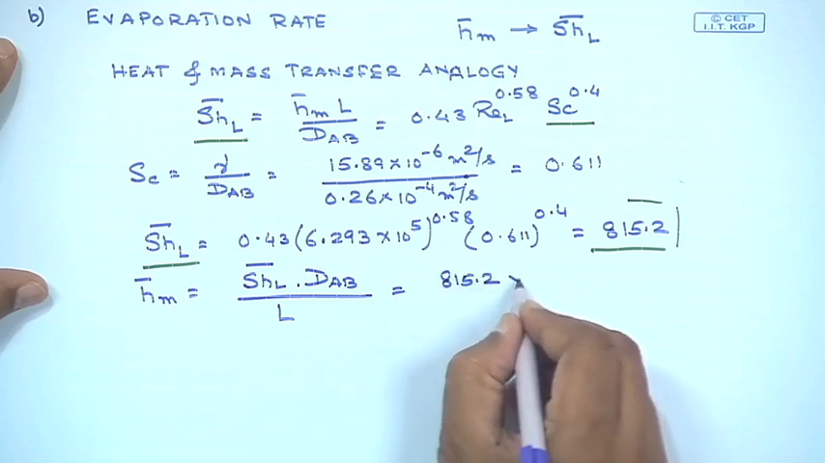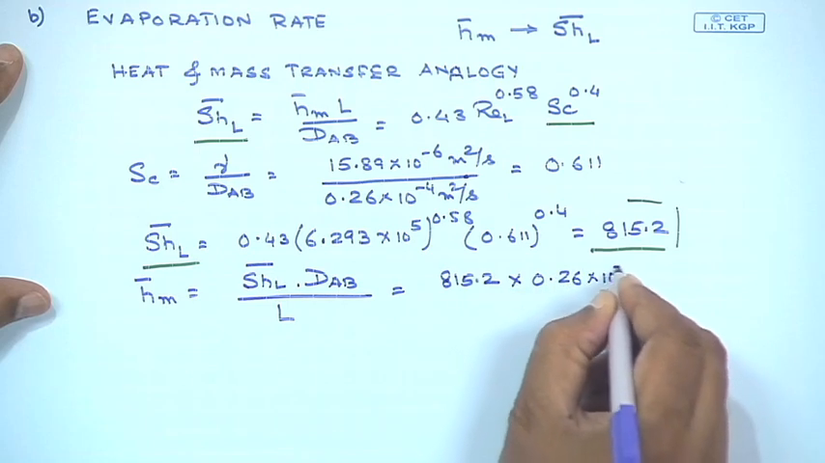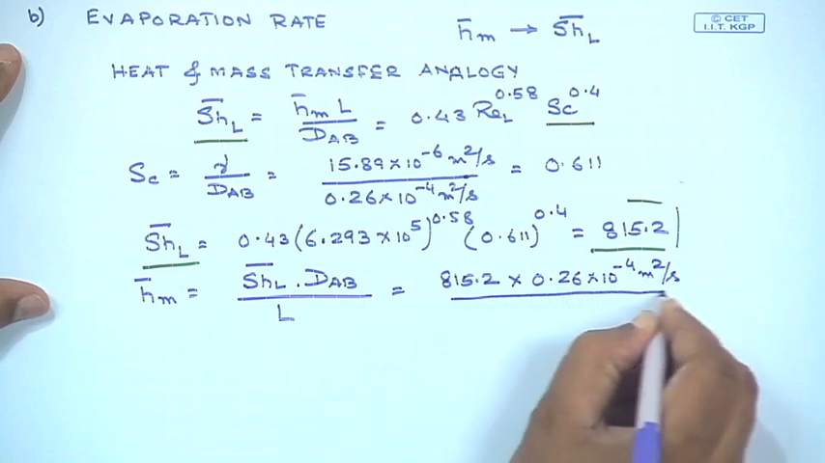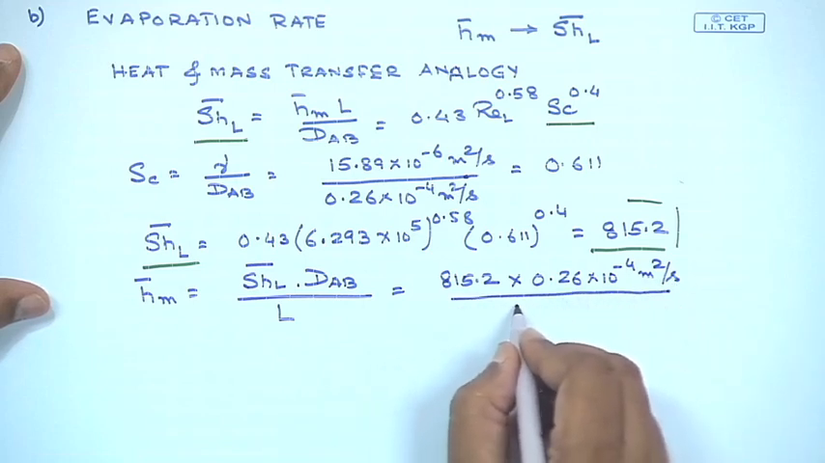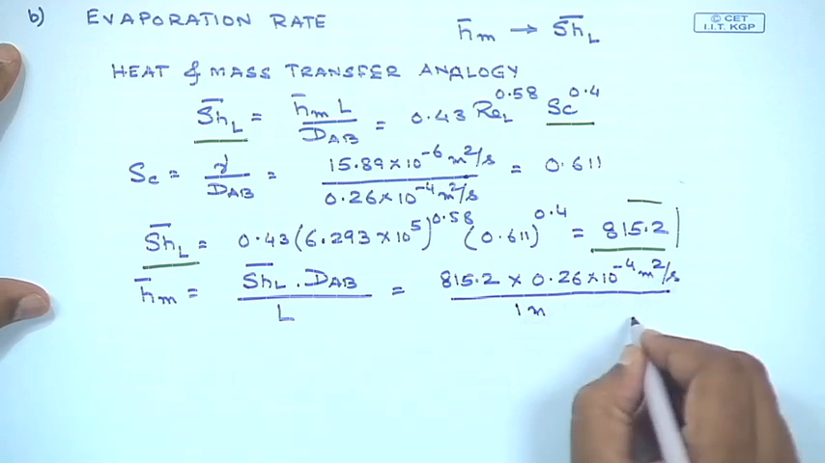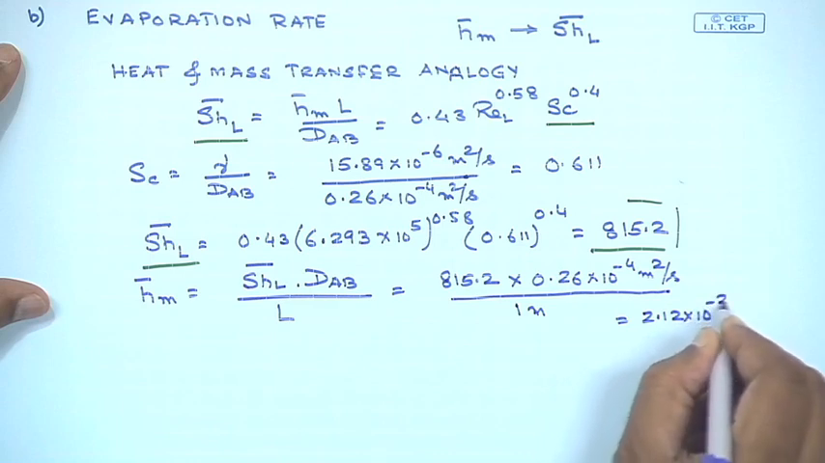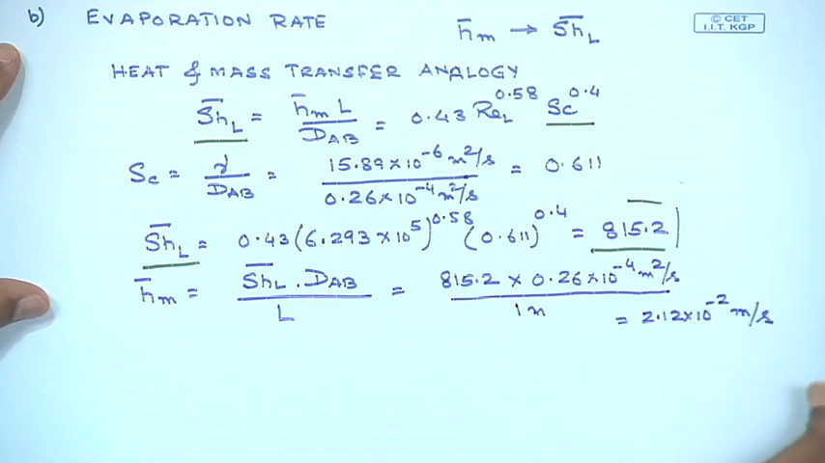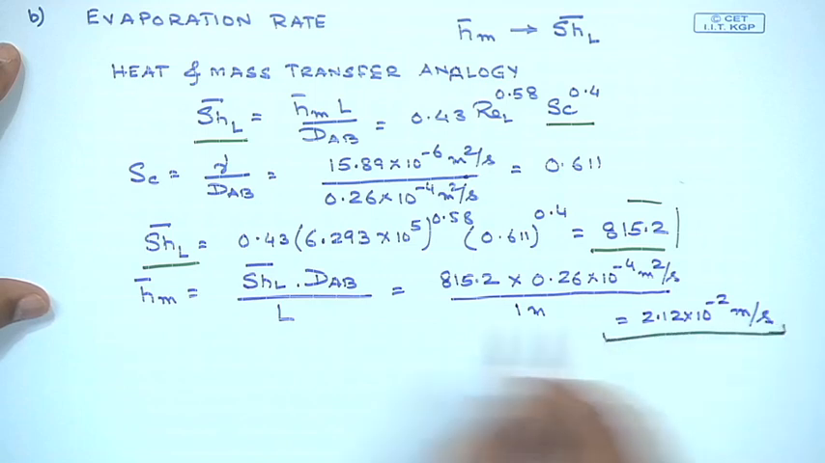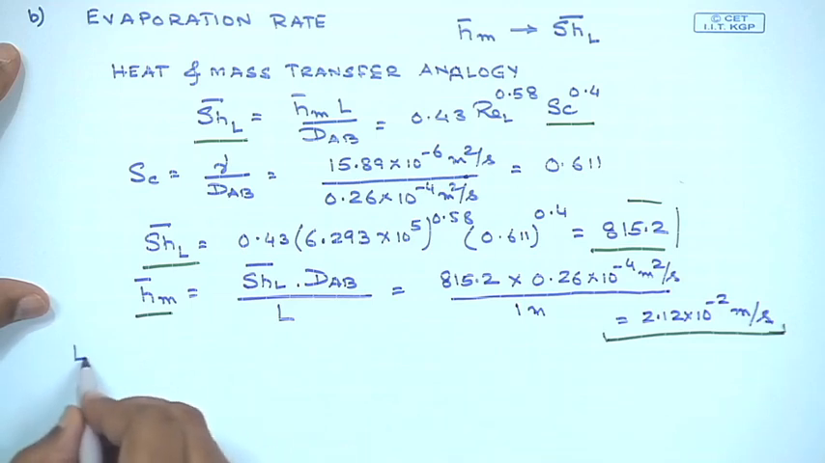So, this is 815.2, which is dimensionless. The DAB is the diffusion coefficient, which is provided in meter square per second, and L is 1 meter. So, this H bar m would be equal to 2.12 into 10 to the power minus 2 meter per second. So, the value of the convective mass transfer coefficient is also known to me, and once that is done, then the evaporation rate